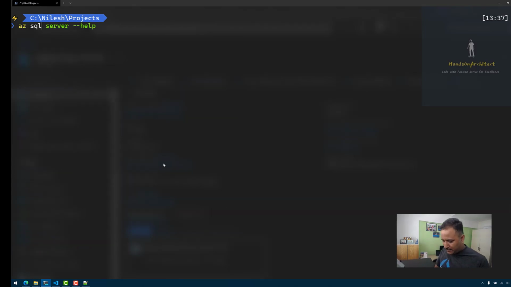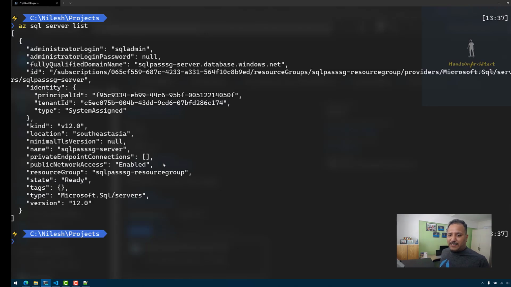So AZ SQL server, and if I use the list command here, we should get the list of SQL servers. And I have only one SQL server, so I get the details of that SQL server here. Now let's say I want to check if this server exists in my automation script. Let's say I'm trying to create a SQL server, and before I create a SQL server I need to check for existence. So if we go back again and we look at the help,